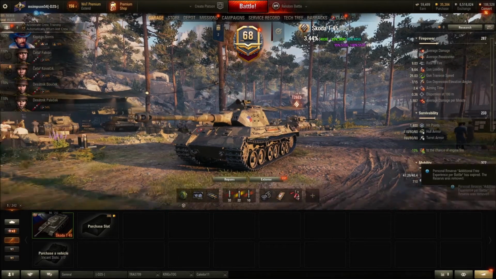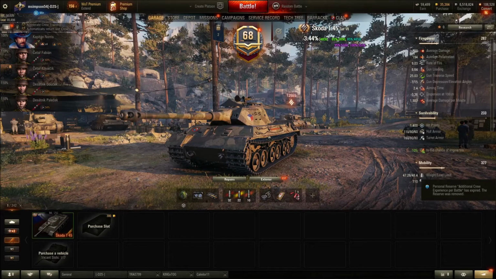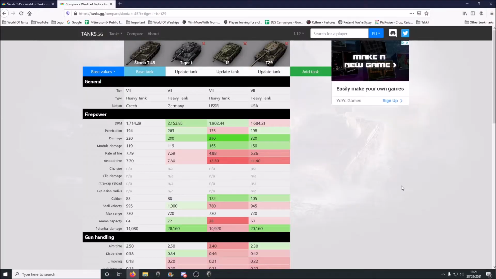I'll go down the statistics of the tank, compare it to others, and then look at the armor and stuff like that. So, into Tanks UG, guys, and Tier 7 heavy tanks. I love doing Tier 7 heavy tanks for comparison because it's just the easiest thing to compare. You put in a Tiger, you put in an IS, you put in a T29, and I guarantee you 100%